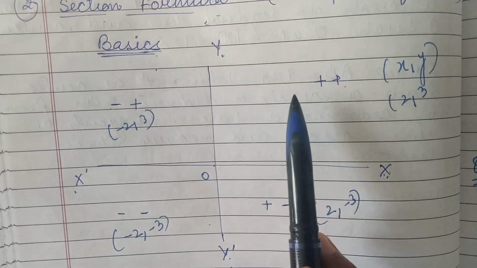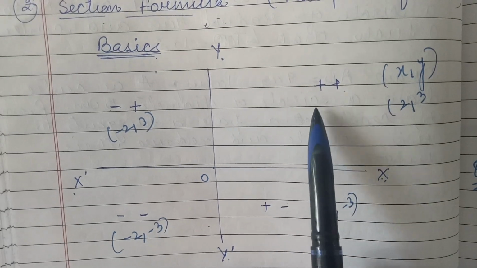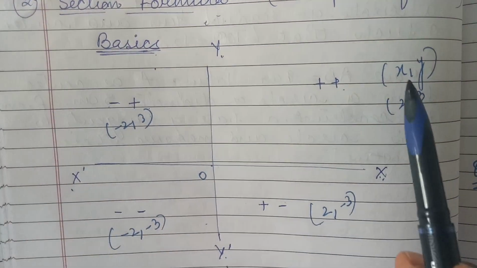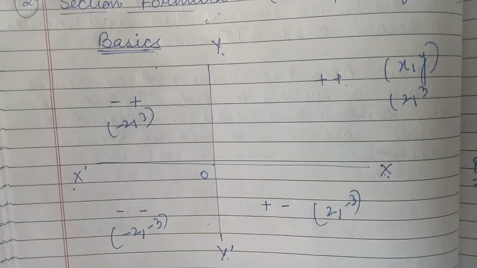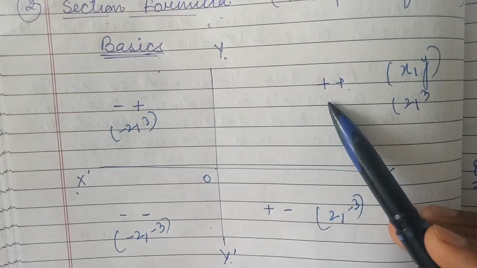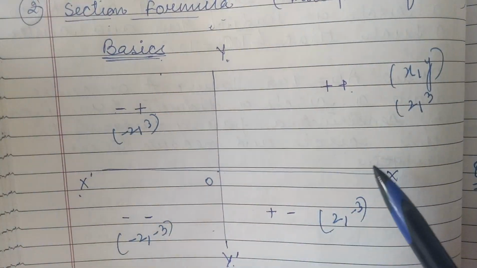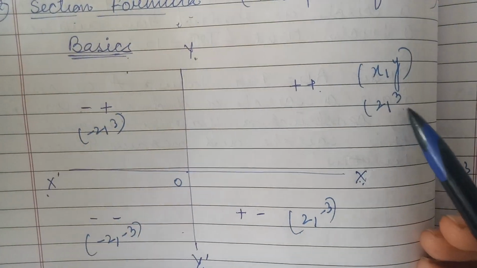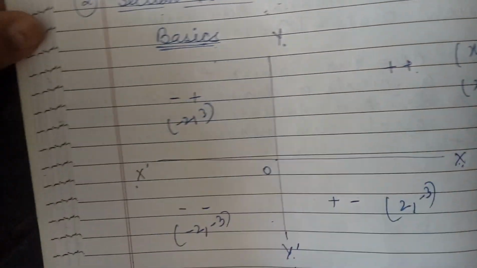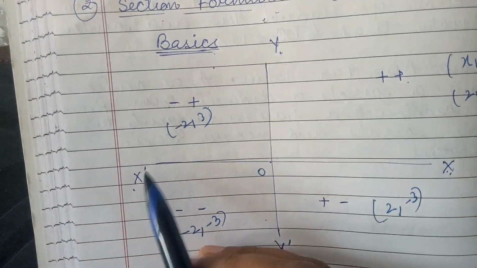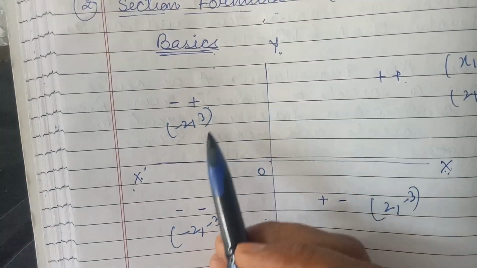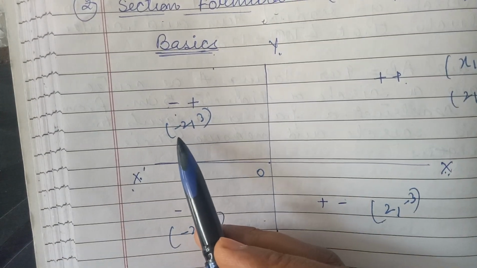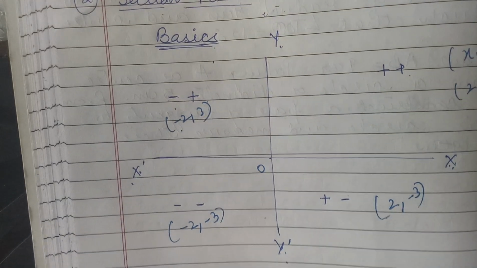This is the first quadrant, and in the first quadrant both x as well as y are positive, and this is the ordered way to write x comma y in the brackets. If both x-axis and y-axis values are positive, we can say this is (2, 3). I know that all of you know this. Here one is negative, that is x, and y is positive, so negative, positive, and on the coordinate plane we can write it like (-2, 3).